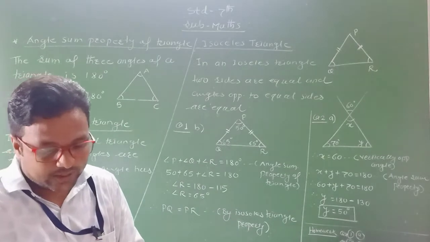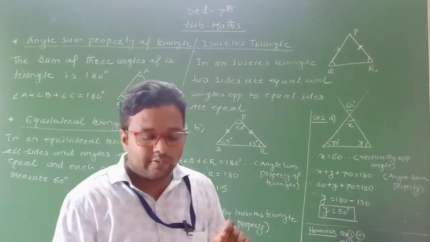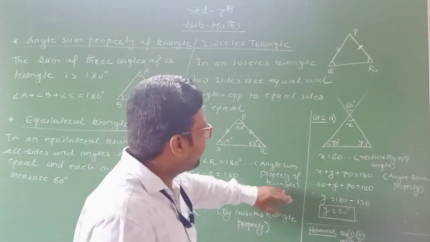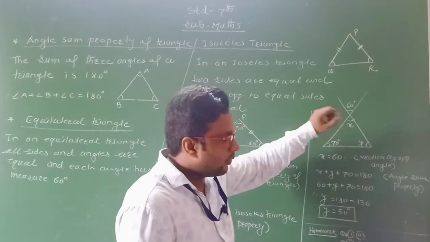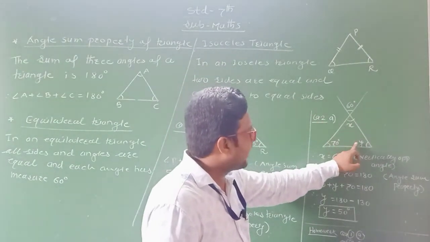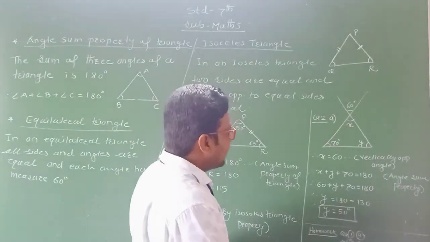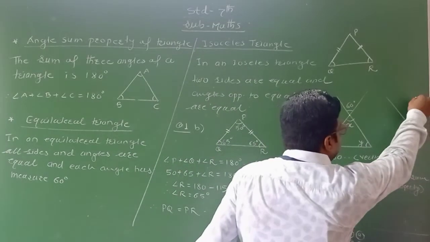Okay. Now see the next question. Here I take question number 2. Find the value of x and y in the following figure. Here I take an example from question number 2. Okay. The figure is given. We have to find out the value of x and y, which represent the angles in the given triangle. Okay. Now to find out the value of x, we know the property of vertically opposite angles.